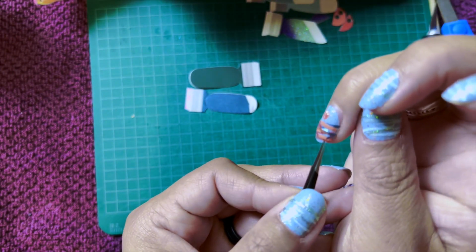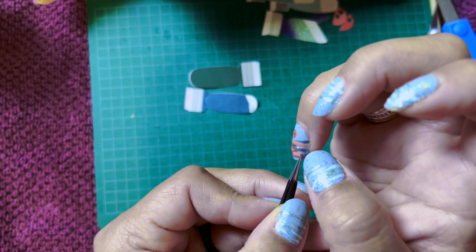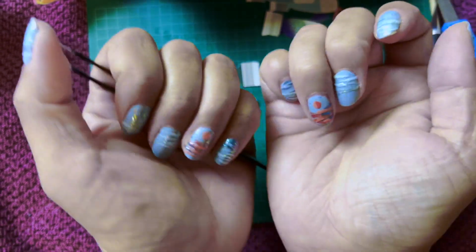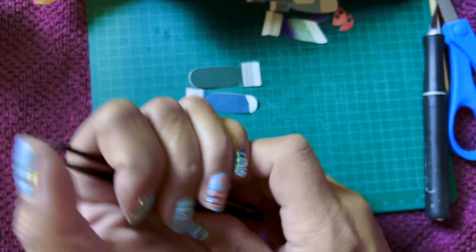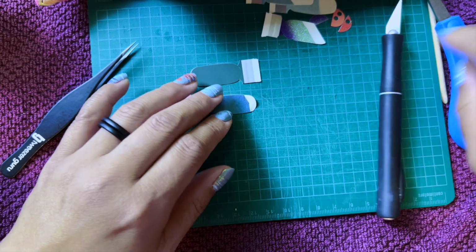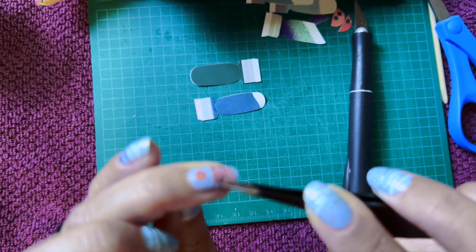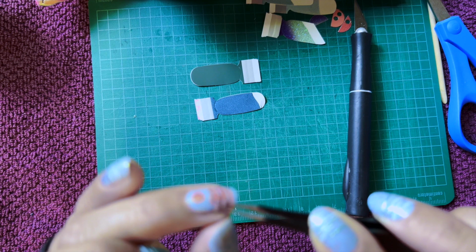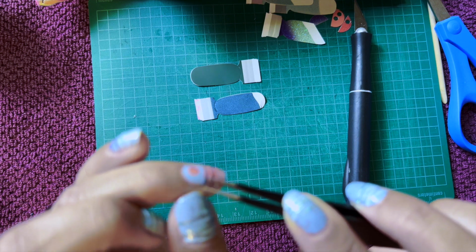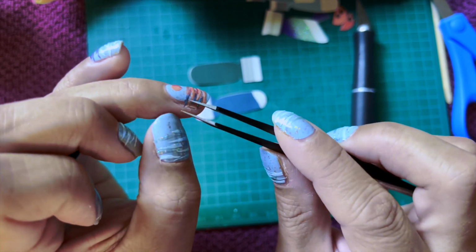All right, I might have to... I kind of want one longer piece so you can see more of it. Here, we're going to do a thin piece on here so you can see a little bit more of that blue. I think we'll do it right. I can never line it up. I can't get it to stay where I want it when I'm on the...